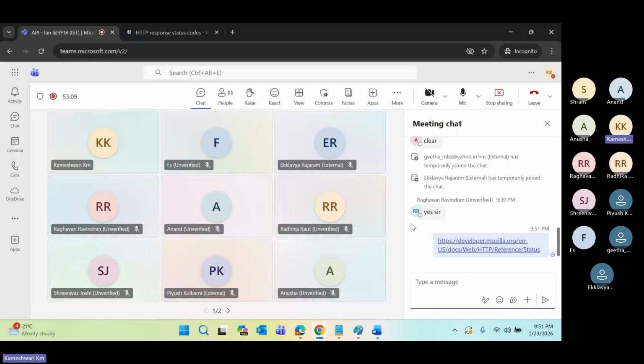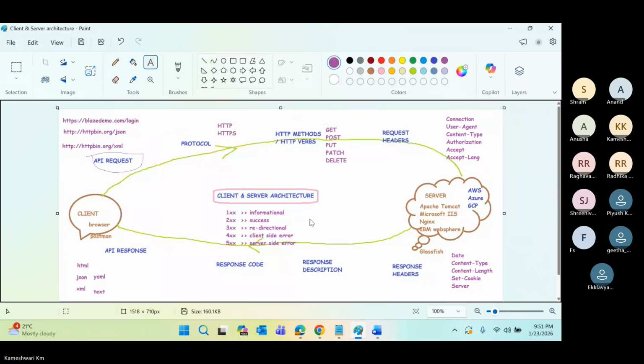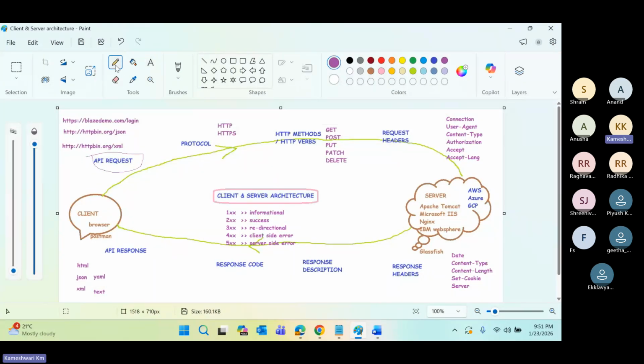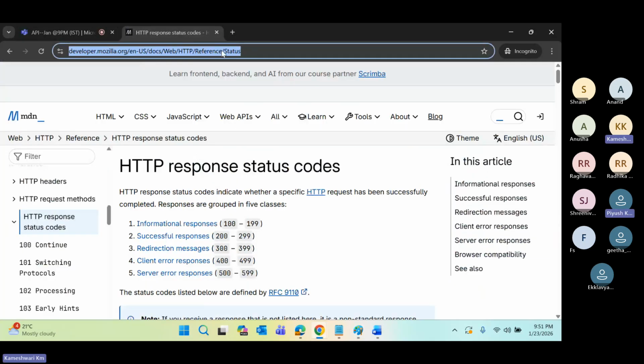So this website has got all the response codes. And this is about our client and server architecture. Now, is it really a real, genuine client and server architecture, or am I faking? Right? Let's try to find it out. So if you go to any website,